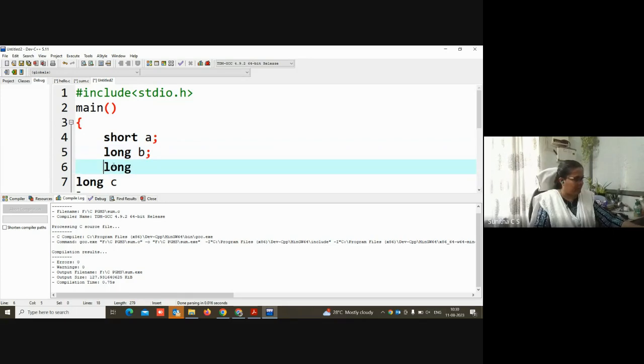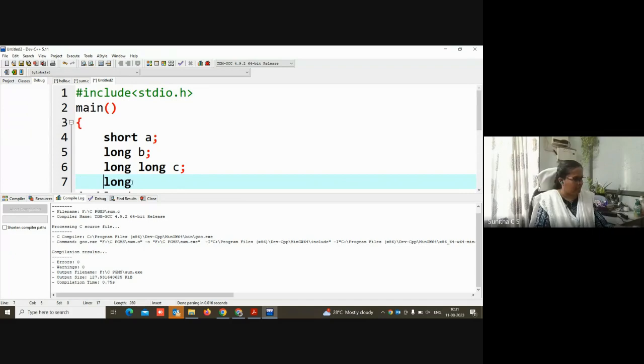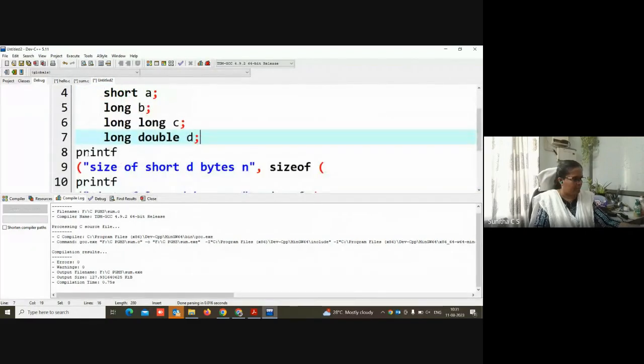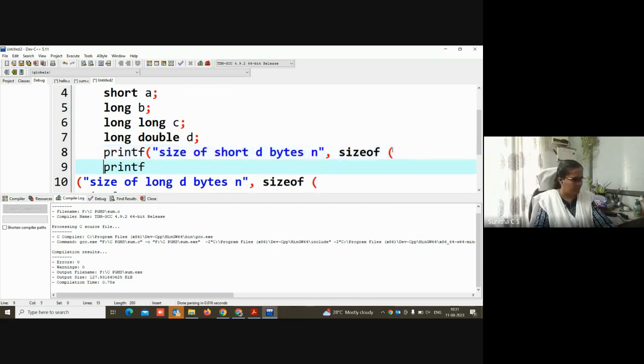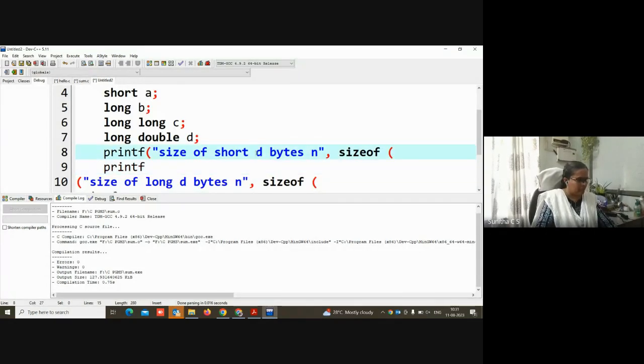Okay, anyway, I'm just using this same thing. And make a text size smaller.